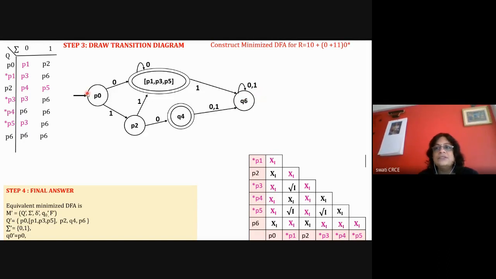Then 0 के बाद 1 है तो not allowed. Only 0 1 is not allowed. Or 1 1 1 is not allowed. Like this, you can verify your answer. Okay, so this is a major part of your syllabus. Like 30-40 marks of weightage is there in the exam for this.